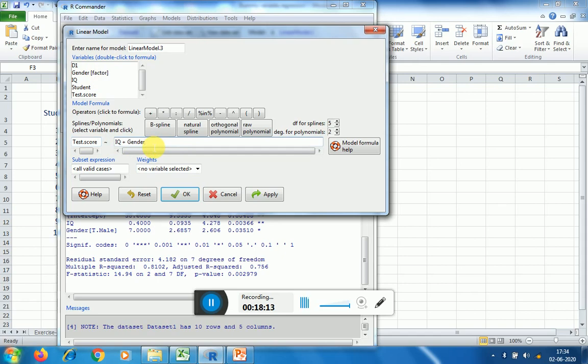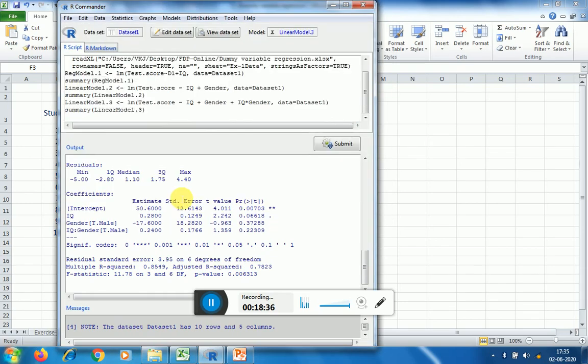Now I make it plus, and I write IQ star gender. As soon as I take this one more variable into this model and click OK,